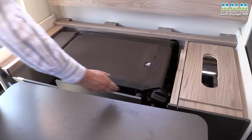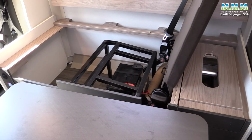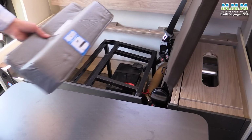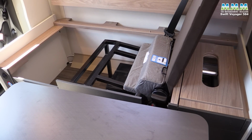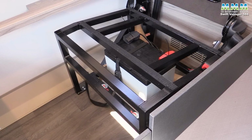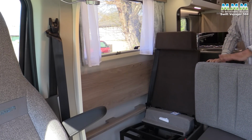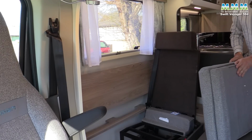And then underneath the sofa, you have one of these backrests that swings up. You've got this little infill cushion that helps make the travel seat nice, and a really secure steel frame for the seat, and on this side you've got a leisure battery under there as well. That's an 80 amp hour leisure battery. To complete the travel seat, use 2 of the 4 settee cushions, but one of them separates, so